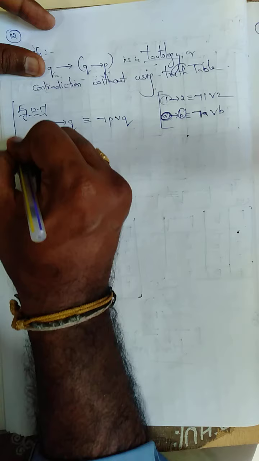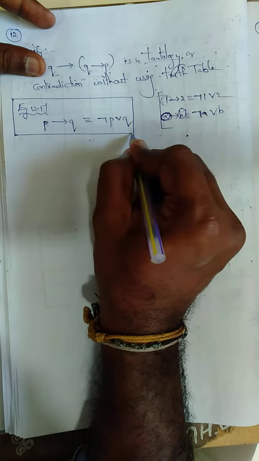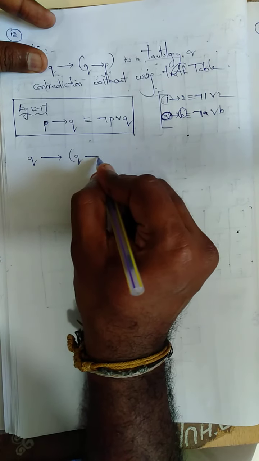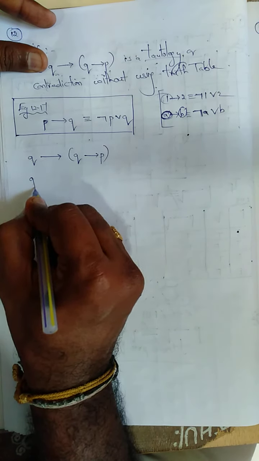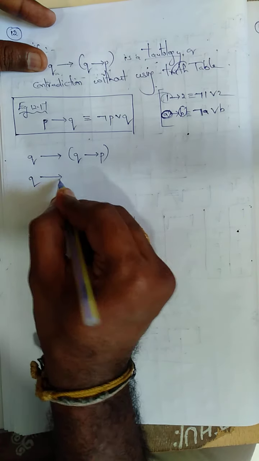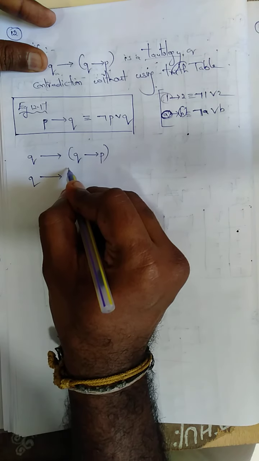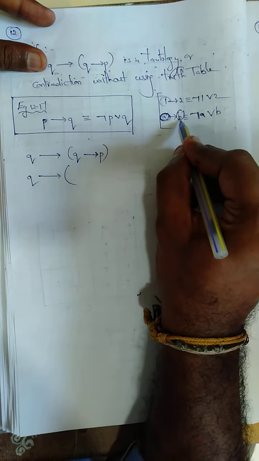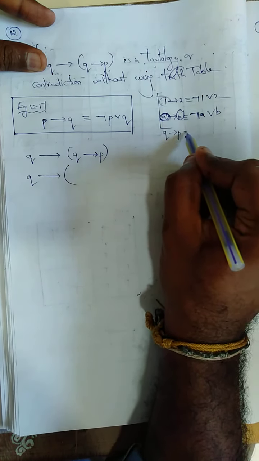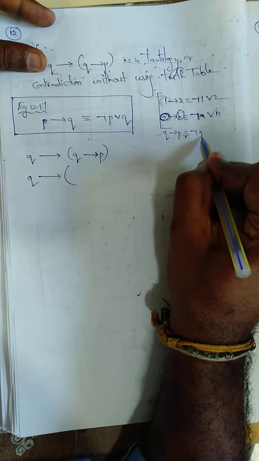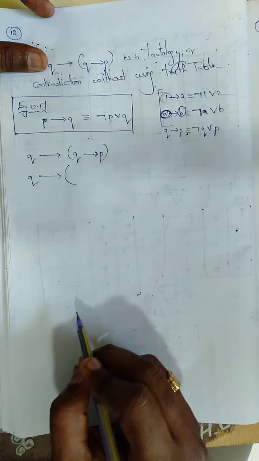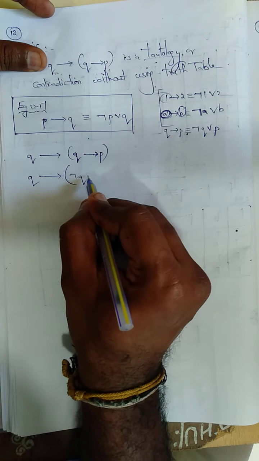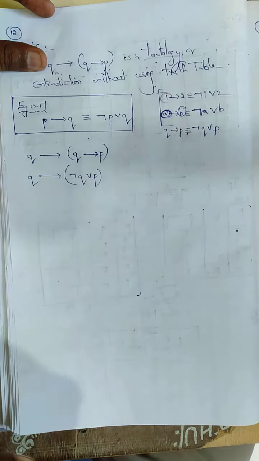What is given here? This is a very, very important key point. First write Q conditional P. What is given here? Check it. Q conditional P. If I write Q conditional P, first what do I write? Negation of Q or P. This is the correct answer. First write this one as negation of Q, or write this one as P.